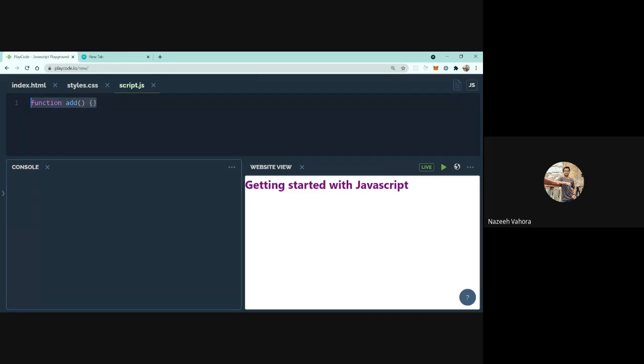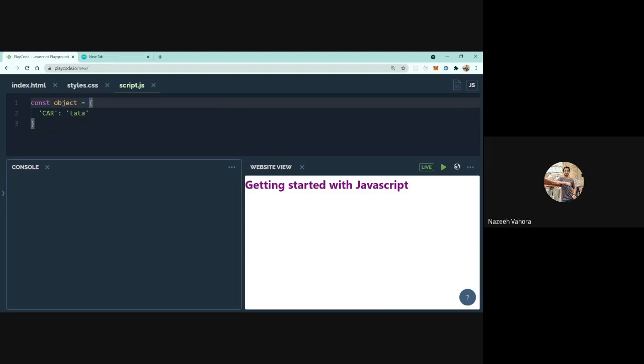And after function comes the object. Object is kind of a new thing, or maybe you people might know it. Object is a key-value pair thing. So let's say I have this car, and I am giving its value Tata, and I have to assign it to a variable, let's say object.